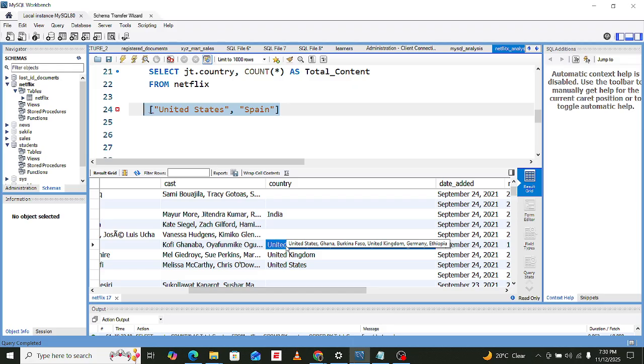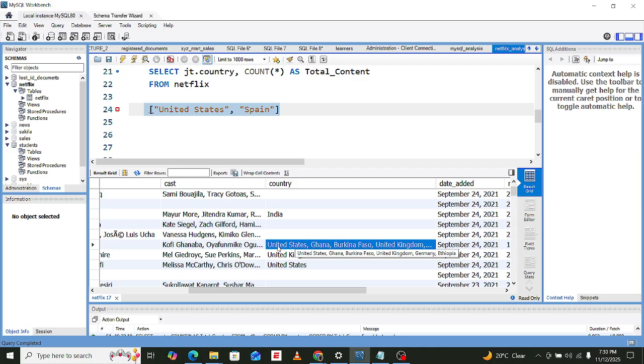We want to count the United States, and this movie was shot in various countries. So anytime we are counting the total content, we should also include the other countries.